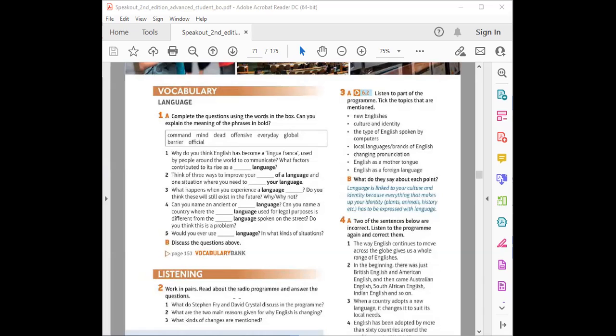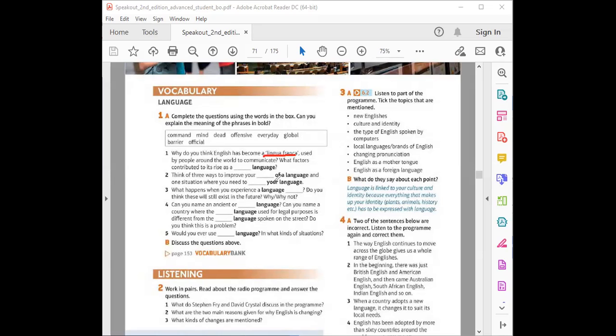Okay, let's do it together. I will do the first one. Why do you think English has become a lingua franca? This is a very good word. How could I forget to tell you about this while I was discussing it with you? Do you know the meaning of lingua franca? No. Lingua franca is a language that people use